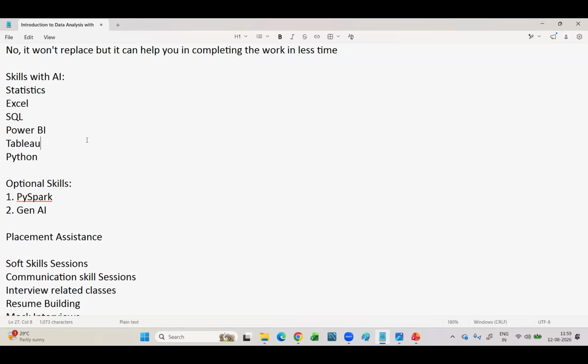I will even explain my own current project that I'm working on in the company. Tomorrow I will explain that, so that you will also get an idea how a company's data related projects look, which will give you a better understanding about this data analysis course. All these things I will explain tomorrow from 9 to 10 o'clock in both offline and online. Hope everyone is good with this.